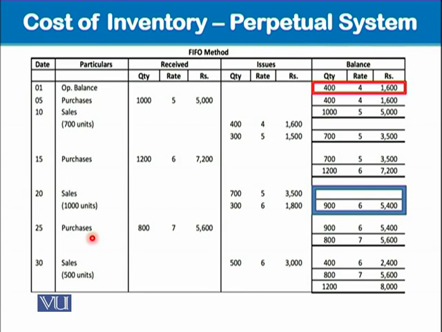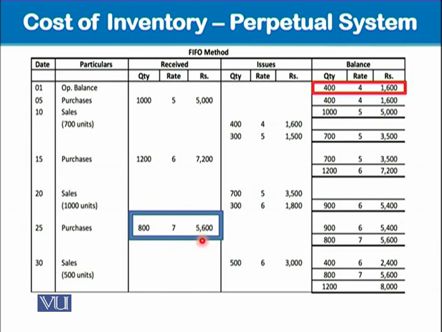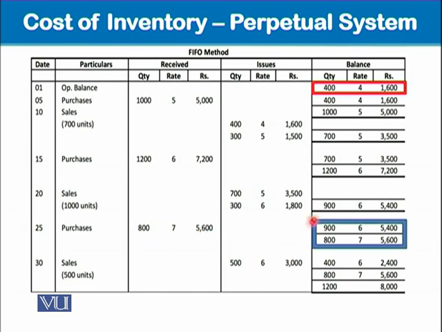Next purchase is 800 units at the rate 7 each. Amount is 5,600. Okay, and here we go. 900 we will bring down like this, and 800 will be put in the balance column. I believe now you are very much confident about how to prepare this perpetual system based ledger account for